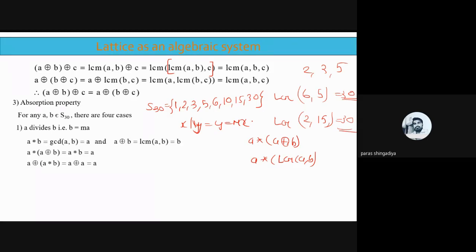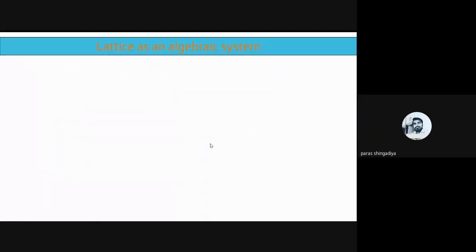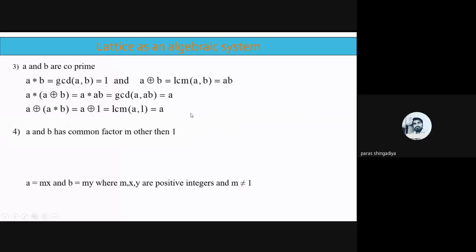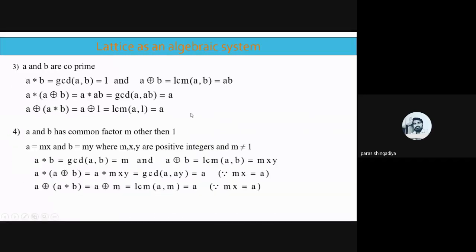Let us discuss this example in the next lab, because 5 minutes are remaining, and we have to discuss the 4 various types of cases to check the answer. So we'll discuss this example in the next lab, and let us take the attendance and then conclude the session, because it includes the 4 various cases: A divides B, B divides A, then the prime number case, and the common factor case. So it takes time to prove it. We'll discuss this topic in the next lab again.